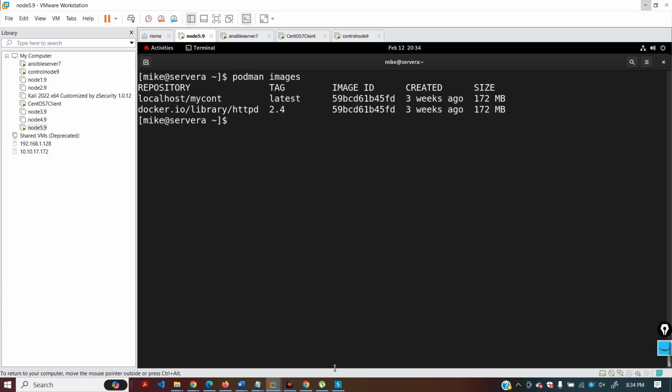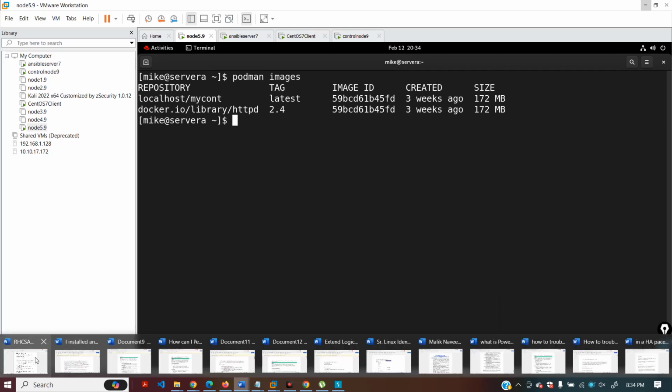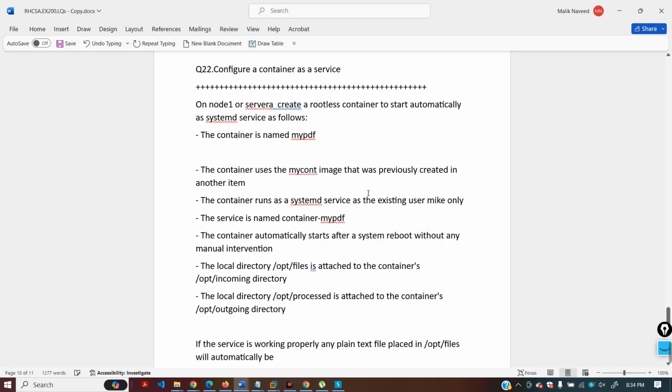Yeah, my count. So we have to use the same. Okay, so my count that was previously created in the other item. This is what is talking about the previous question. We have created this. Okay, so we have to use the same image and the container run as systemd service as the existing user mic